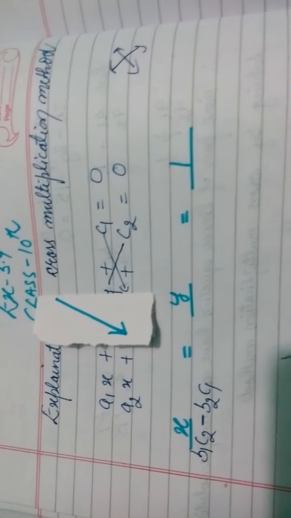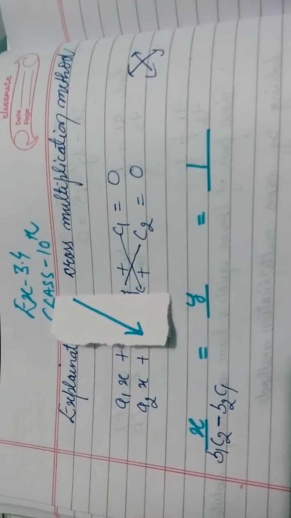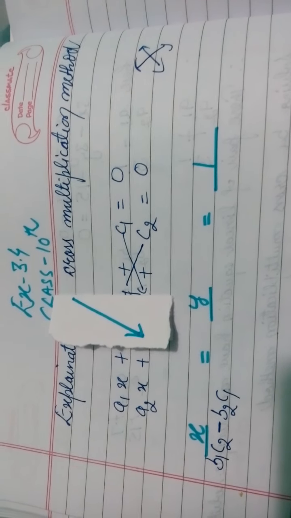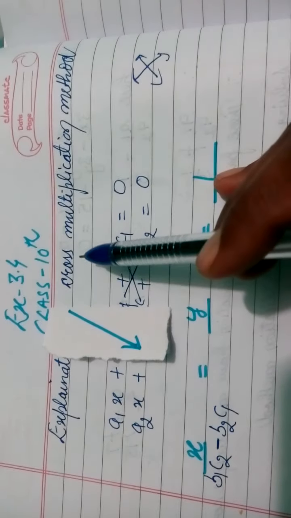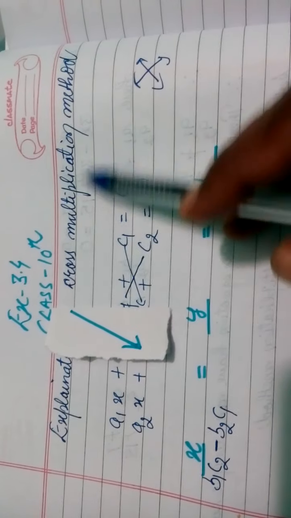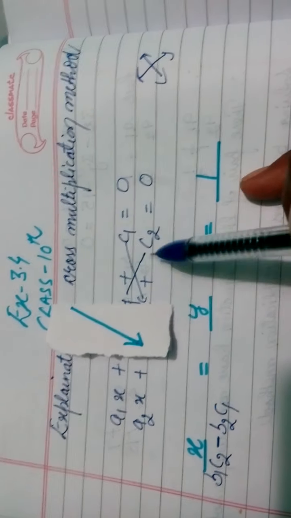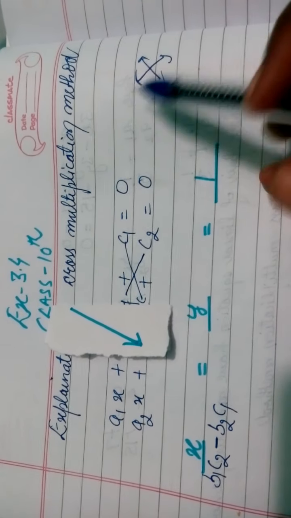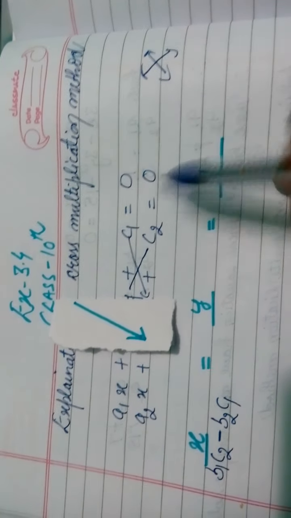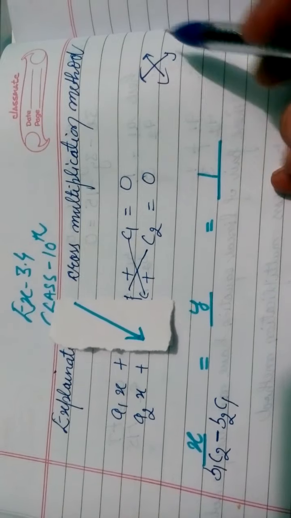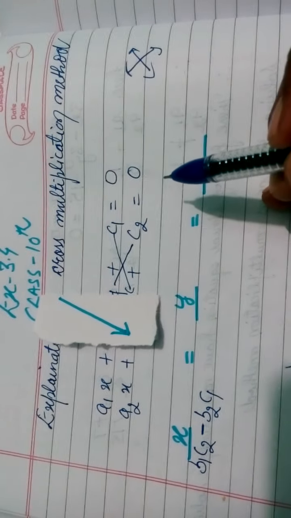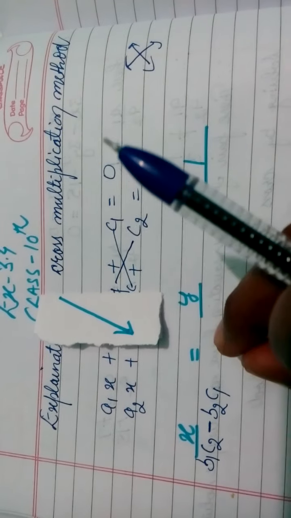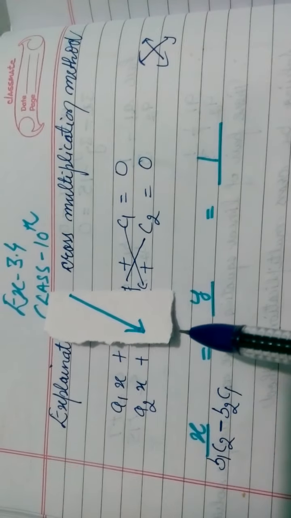बच्चों, today I am going to explain to you the cross multiplication method, which is used to solve exercise 3.4. By the name cross, that means you have to multiply the coefficients of these two given equations in a crosswise manner. You have to multiply in such a manner that they make a cross. So let us try to understand this method.